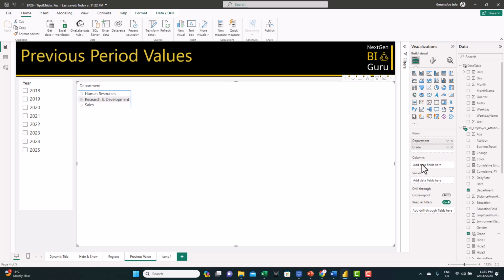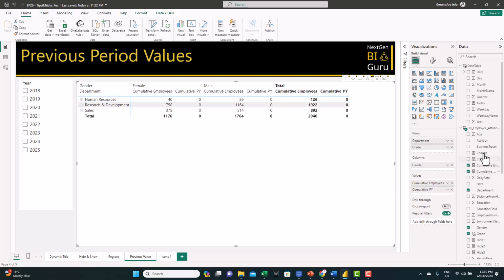In the columns we're going to use the gender, and in the values we're going to use the 3 measures we created: cumulative employees, cumulative employees previous, and finally the change.